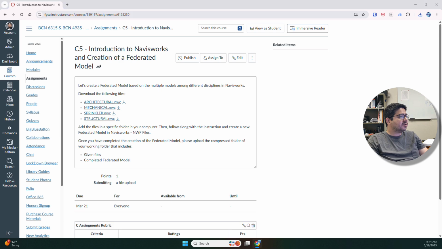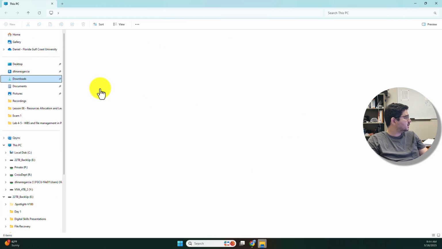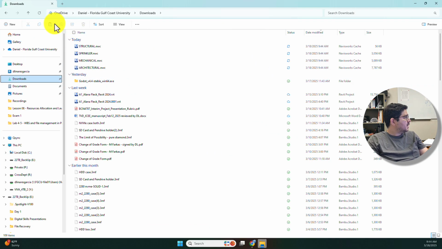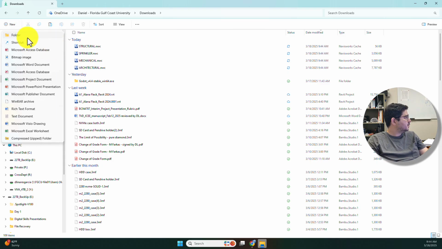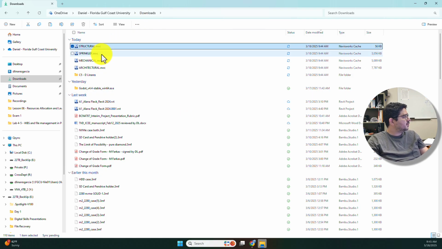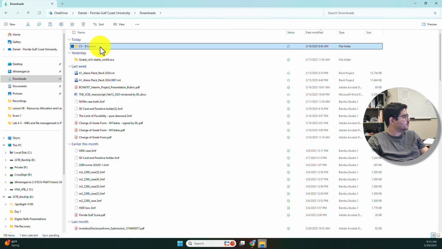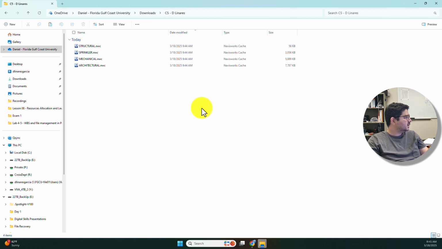And now I just downloaded all my files, but I also wanna create a working folder. I'm gonna create a folder that we'll call C5, my name, just that is enough. And then we replace the files that we just downloaded to the working folder. And I'm gonna open my working folder just to show you that my working folder has all the files that